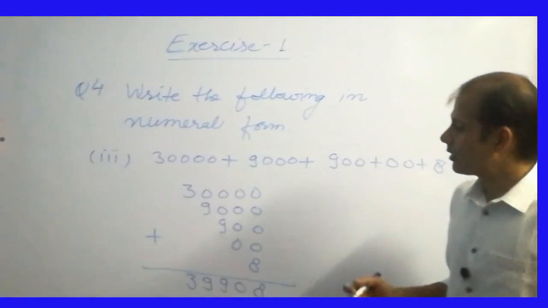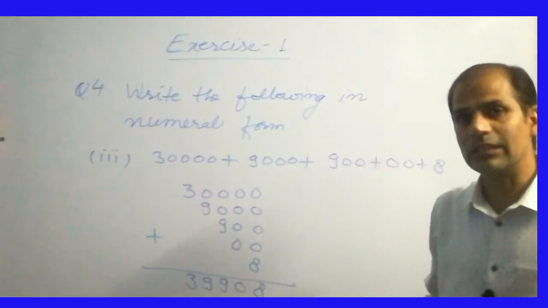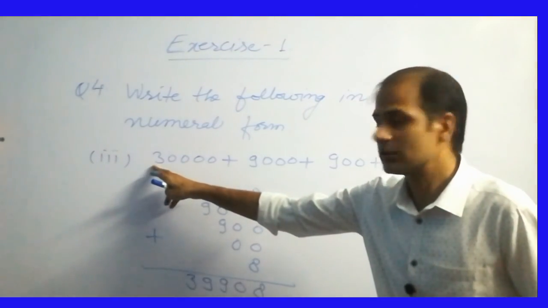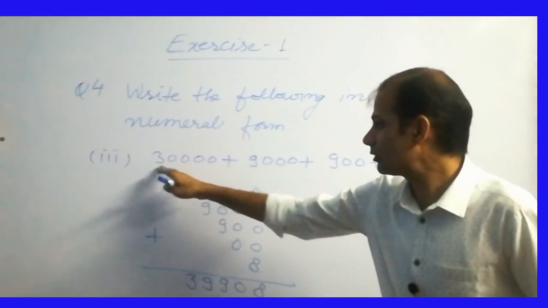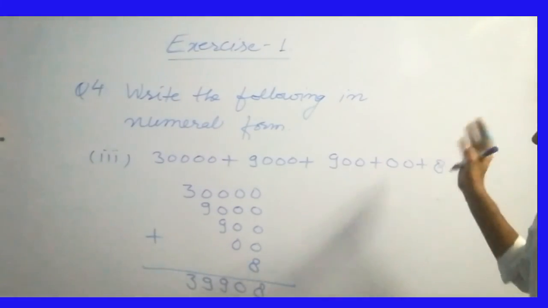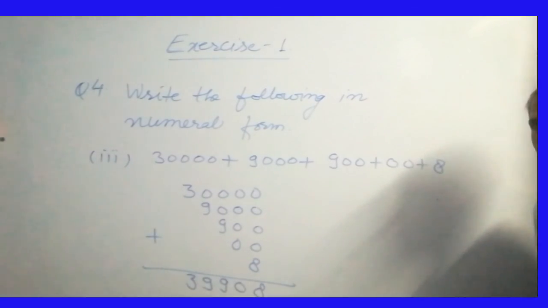So students, in this video I told you two methods. Okay, if you know the number of zeros that are in a sequence in reverse counting, just write the first digits of all these numbers, 3, 9, 9, 0, 8. If you are not comfortable with that method, you can simply perform this type of addition.